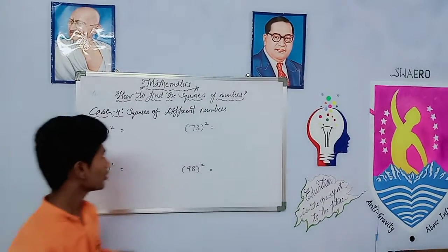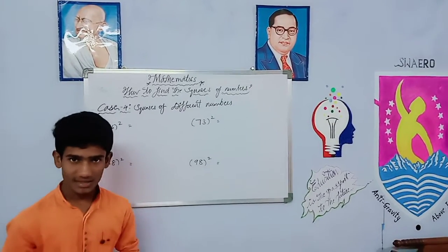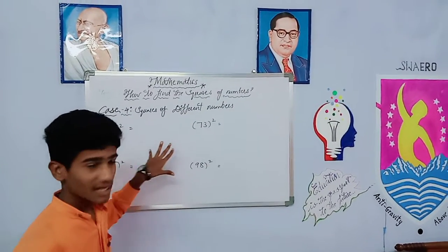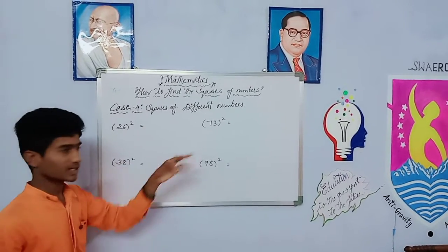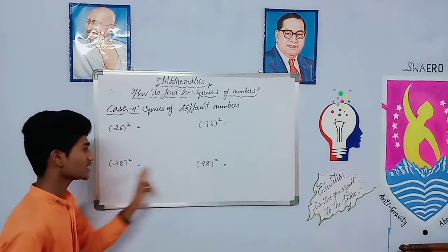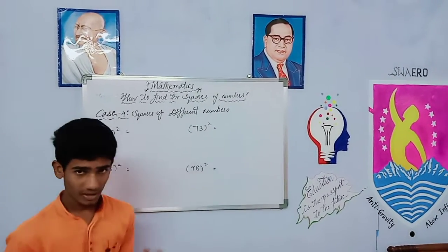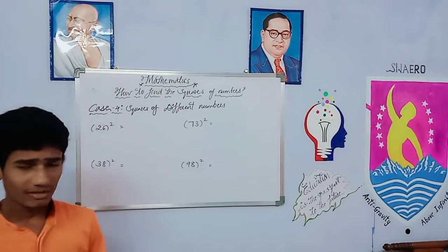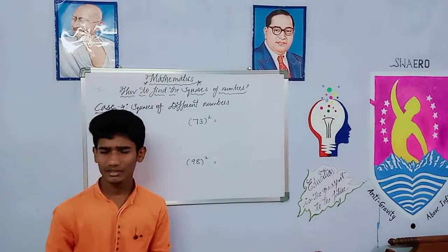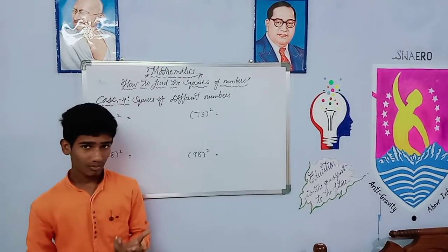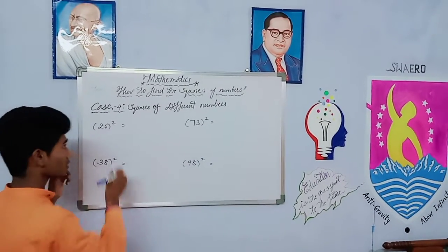Okay, in case 4, how to find the squares of different numbers. In case 3 we learned about same numbers. In case 4 the different numbers. By seeing the questions here, 2 and 6 are different, 7 and 3 are different, 3 and 8 are different, 9 and 8 are different. When the squares are of different digits, this will be very important. Yes or no? They don't ask only numbers starting with 1 or ending with 1; they will compulsorily ask squares of different numbers. So you can simply get the answer.